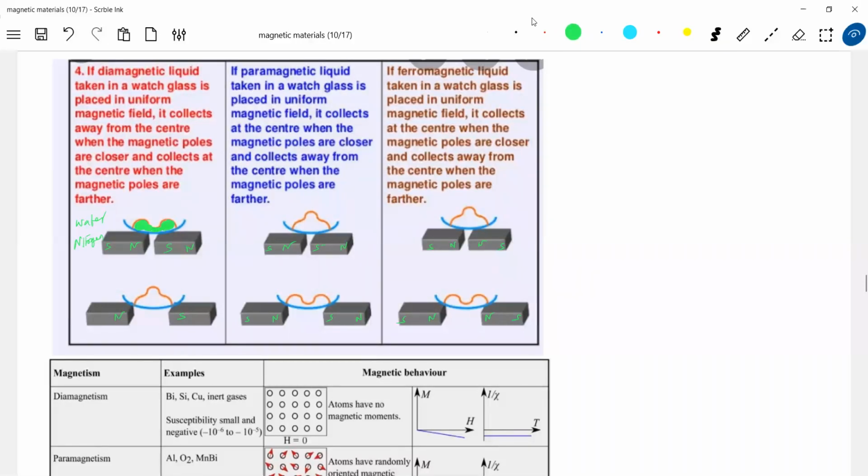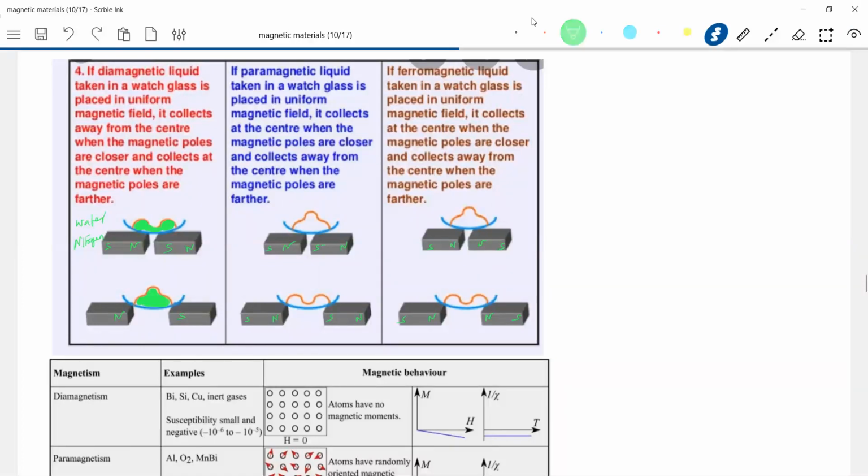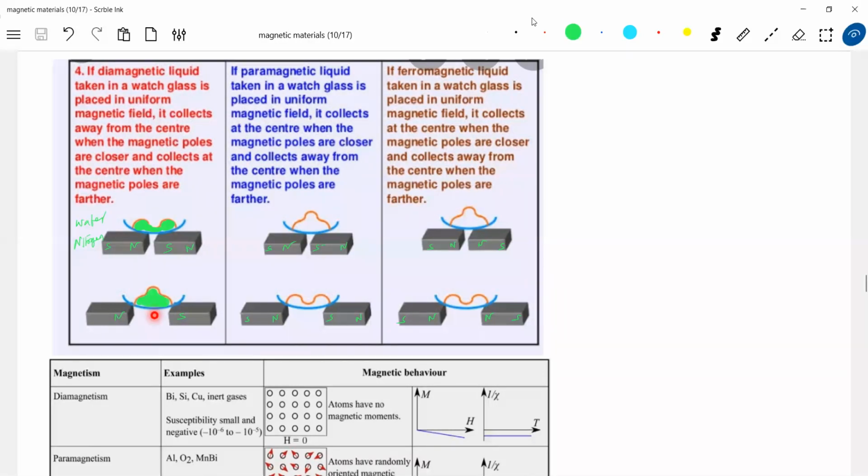Now, as I separate it, as I increase the distance spacing between the bar magnets, what will happen to the liquid? It will bulge like this here. The reason for that: what is the property of a diamagnetic substance? It will move from regions of strong magnetic fields to weak magnetic fields. They tend to move slowly from stronger to weaker parts. So as you increase the distance between the magnets, the field strength here will become less. Earlier it was more. So more liquid will get placed at the weaker part.